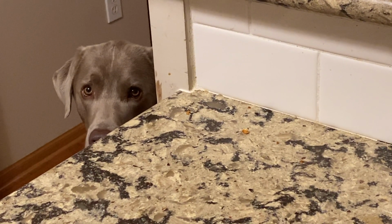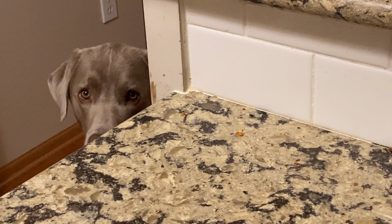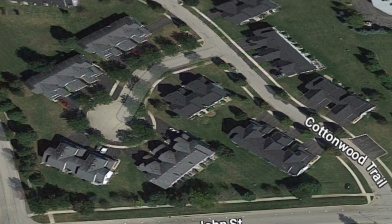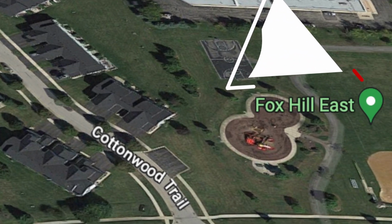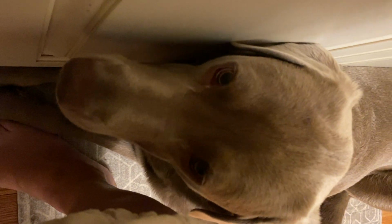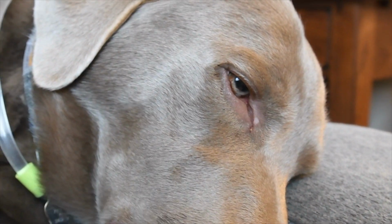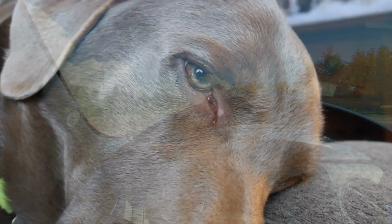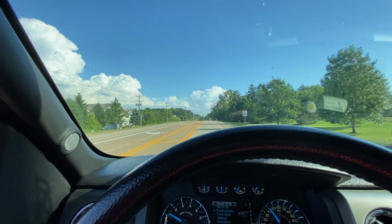So my dogs are terribly afraid of the tornado siren. And that's a problem because the tornado siren is really, really close to our house. And it's an even bigger problem because when that thing goes off, the dogs just go crazy and hide and do all that stuff. And it was a really big problem on this particular day because it was going off